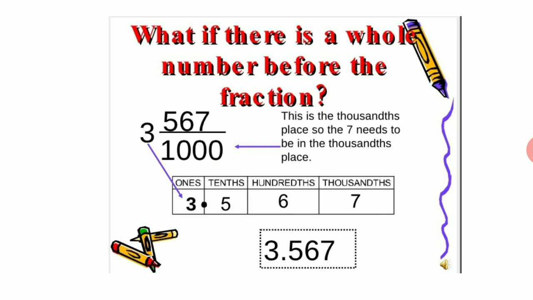Okay, ones place of the whole number area, not of the decimal place area. After the decimal we have the tenths, hundredths, and thousandths. After the 3 ones, children, you see a decimal point, where 5 becomes 5 by 10 in the tenths place, 6 becomes 6 by 100 in the hundredths place, and 7 becomes 7 by 1000 in the thousandths place. So the number is read as 3.567.